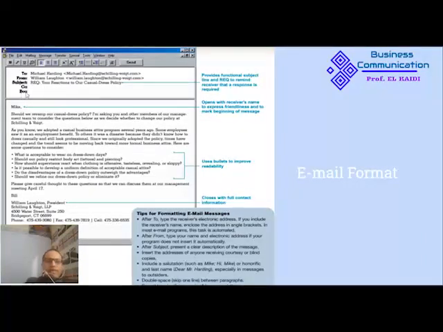But in the blind carbon copy here, BCC, blind carbon copy, you include other people that will receive the email as well, but the primary recipient will not see that you included them, okay? That's why we call it blind carbon copy. All right. And then we come to the main parts of the body, which is the